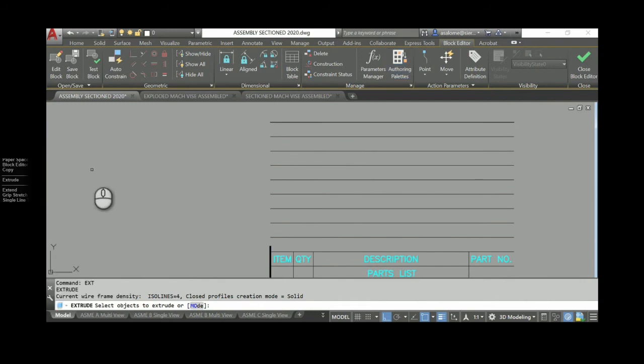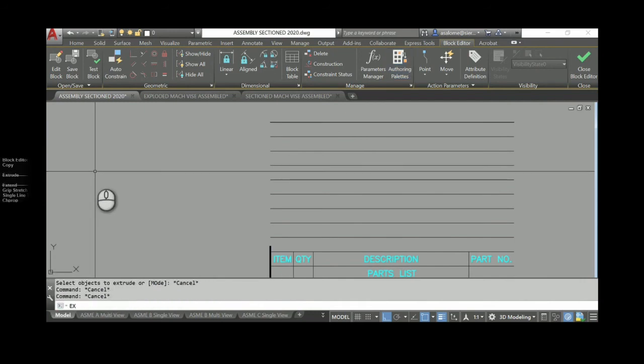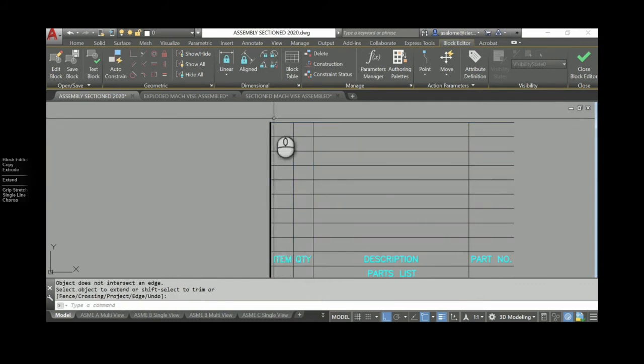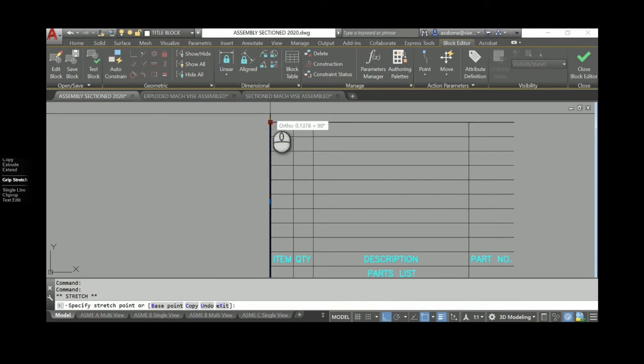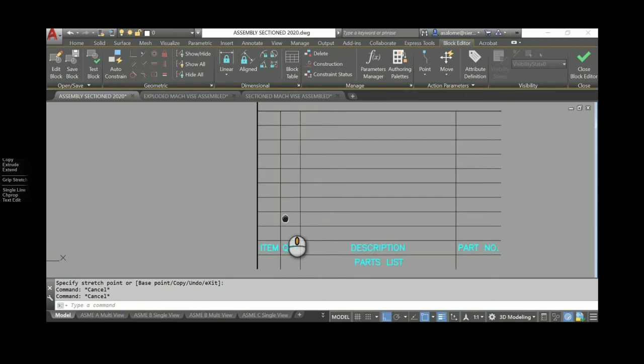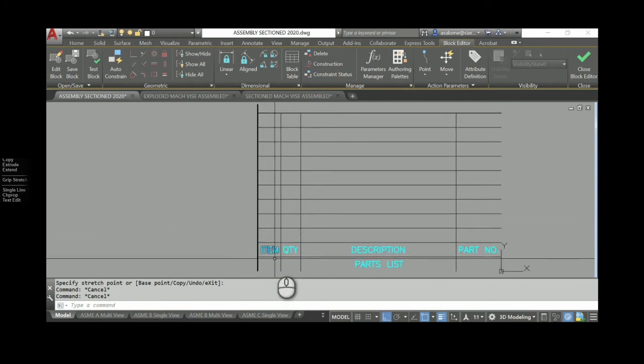No, that's extrude. EX. There we go. Extend to here. Take that line, that line, that line, that line, and then take that line just a little bit more. Okay. And then you can put your text in right here.